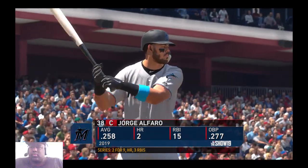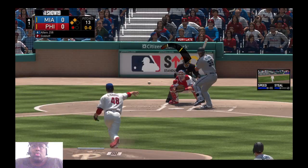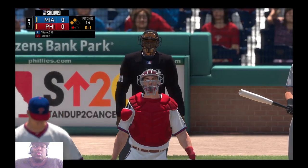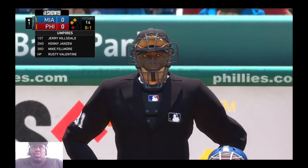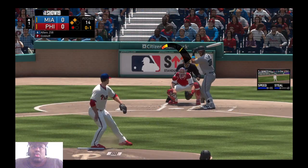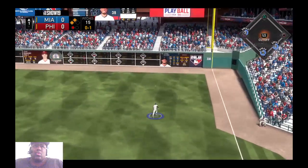So now it'll be the 4-hole hitter, Jorge Alfaro. 9 at-bats for him in the series so far, and he's collected a pair of hits. And this pitch is taken on the inner half for strike 1. And set up behind the plate, Rusty Valentine, as you see the rest of the umpiring crew for this one. Hey, you know, Dero, Rusty Valentine, he's known for having a high and a low strike zone, but meanwhile, this ball gets